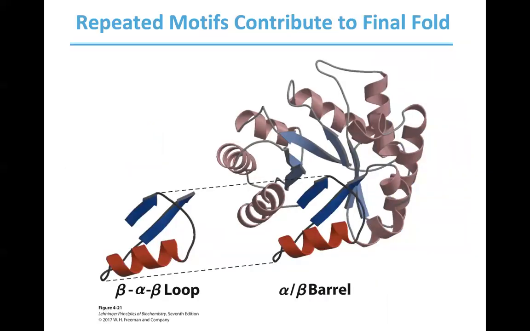Now here's another one. So beta alpha beta can also aggregate together with other beta alpha beta loops and form what's known as alpha beta barrel. Alpha beta barrel. So you can see here, if you look carefully, there's actually a nice binding site for drugs. So actually you can see here, there is a inside there's a hydrophobic